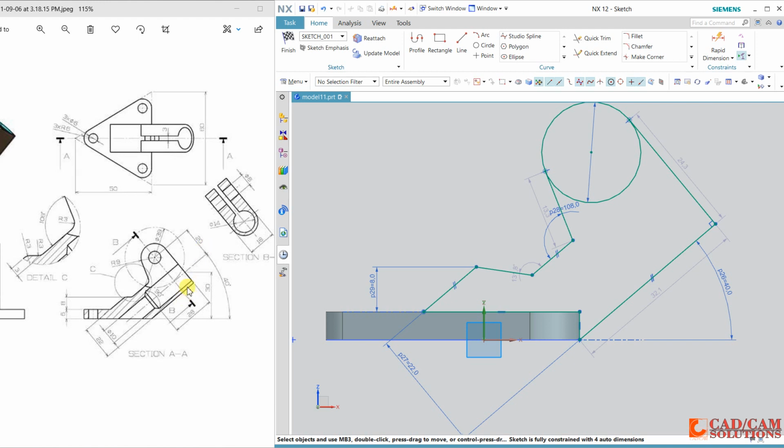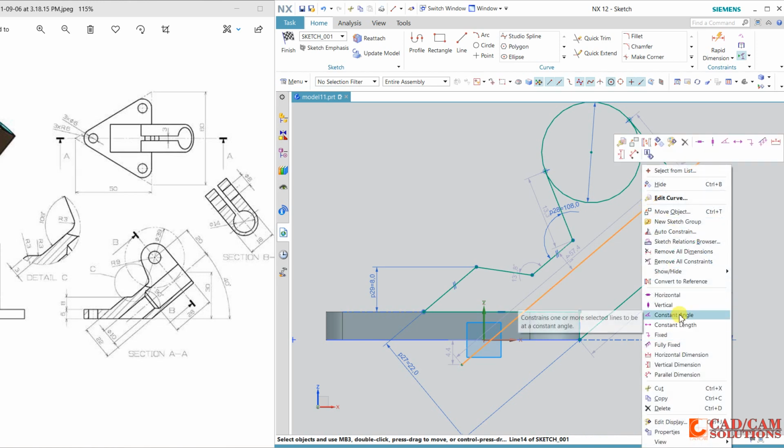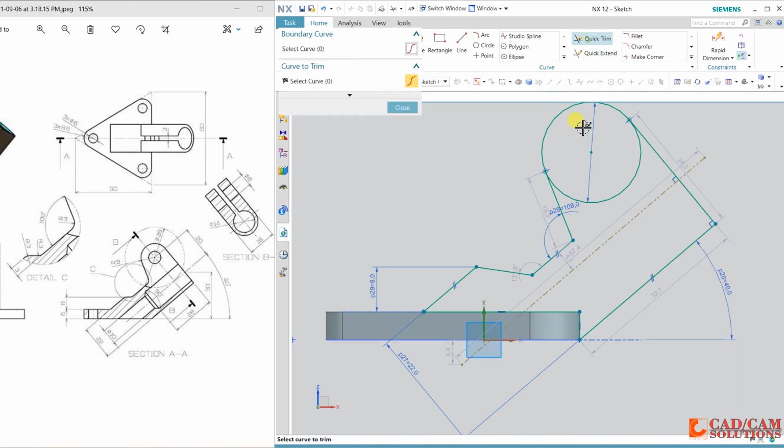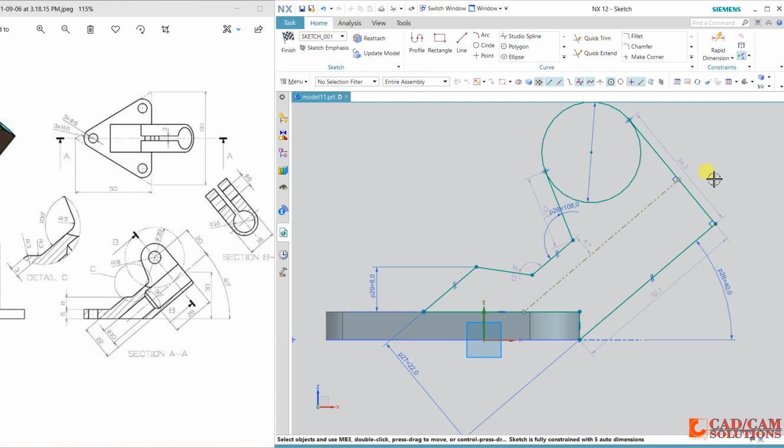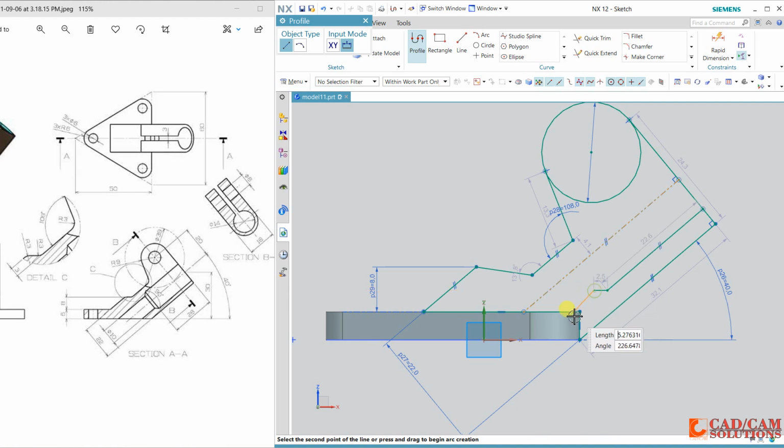So we have to define this axis, so draw a line and change it to reference and trim it. Trim. Now create another line, a simple line, and then chamfer, up to last.